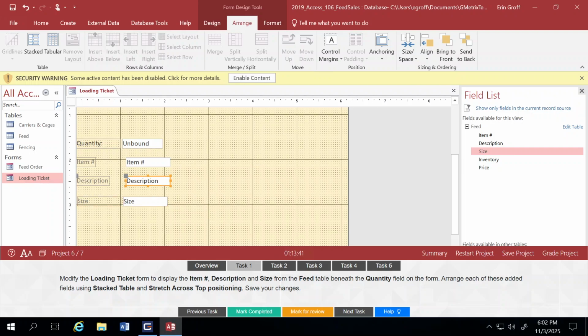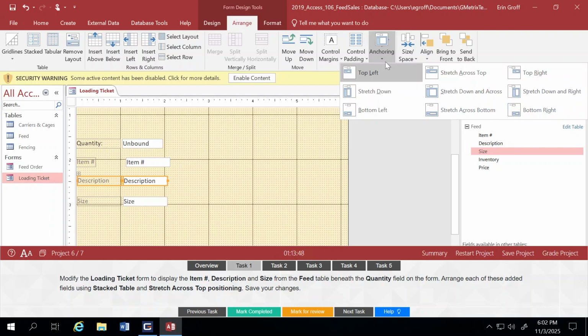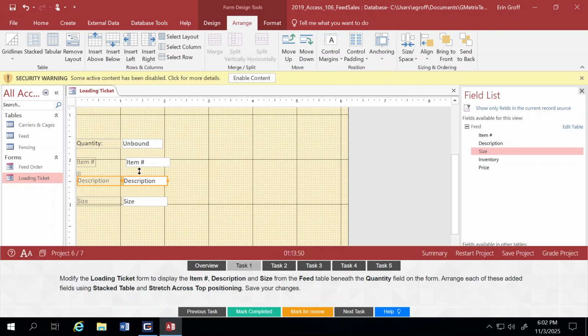And then we're going to do the same for the other two we added. Stacked, stretch across top, stacked, and stretch across top. Right, then we can click Save to save the changes on our loading ticket form, mark as completed, and move